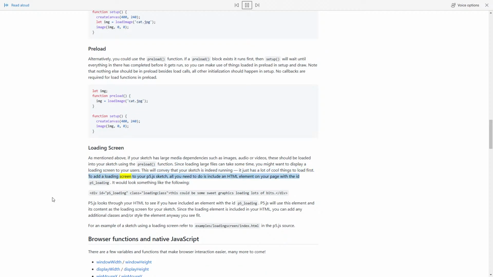To add a loading screen to your p5.js sketch, all you need to do is include an HTML element on your page with the ID p5_loading. It would look something like the following. <div id="p5_loading" class="loading-class"> This could be some sweet graphics loading lots of bits </div>